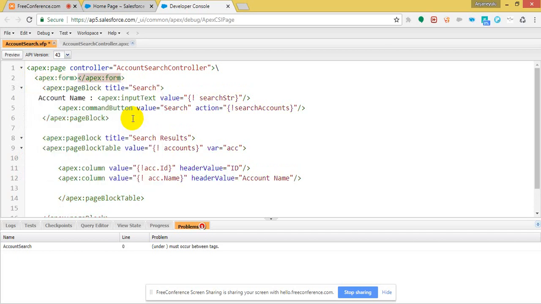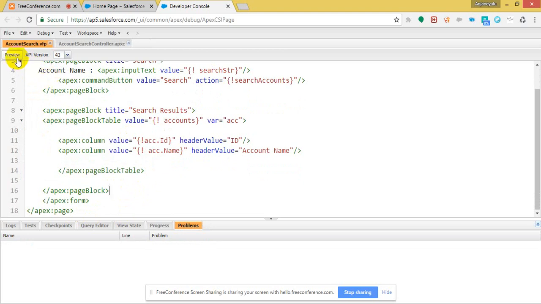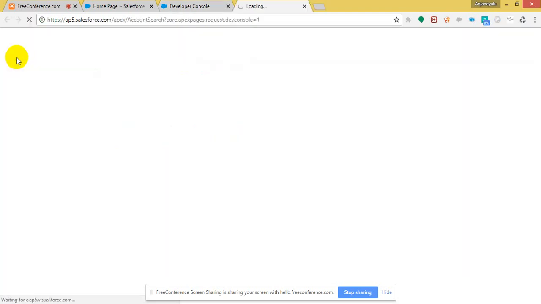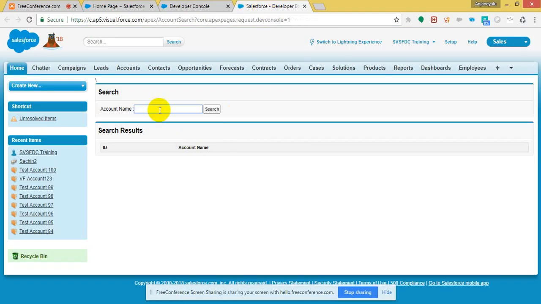So as we have the command buttons, right? Command buttons always should be inside the form. So we are using it like this. Okay, now just try to view. This will come like this. Okay, so once you give test